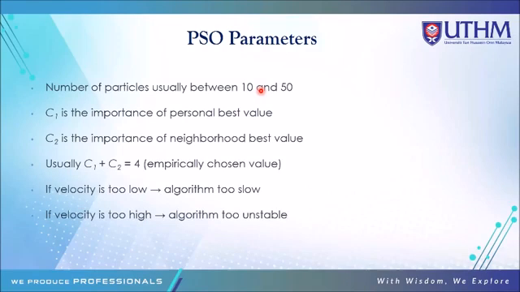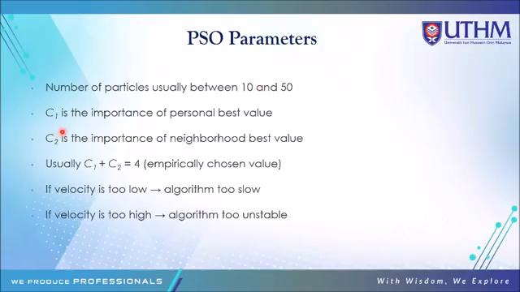If we feel our solution is not good enough, we can increase the number of the population, let's say up to 50. This is the testing or experiment process, until we believe that our solution is better than before. Then we can set that number as the population size in the optimization algorithm.